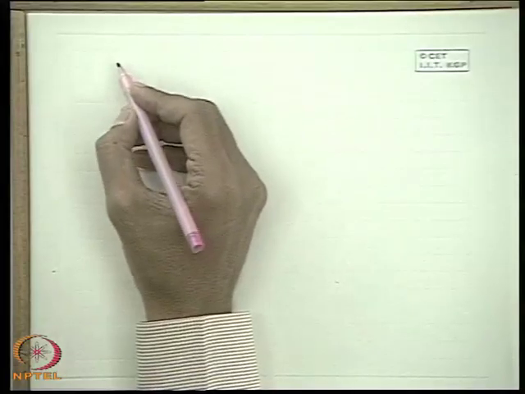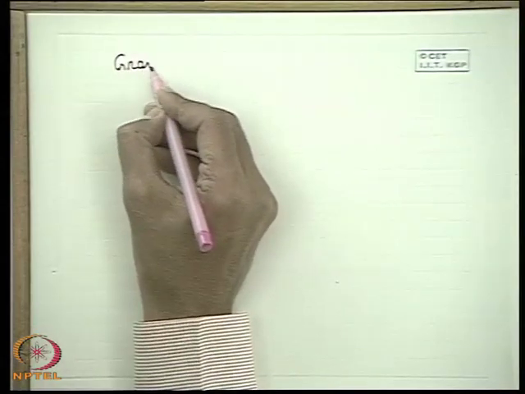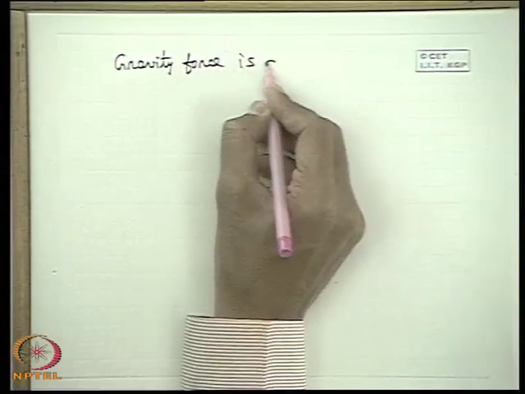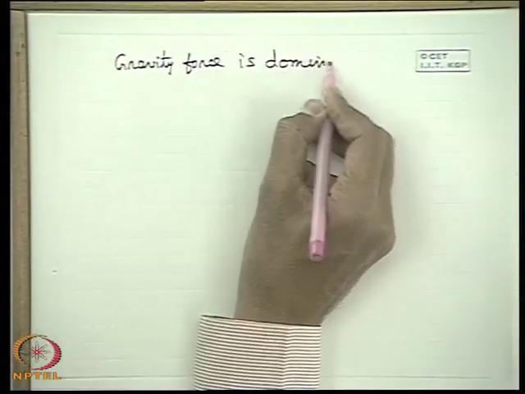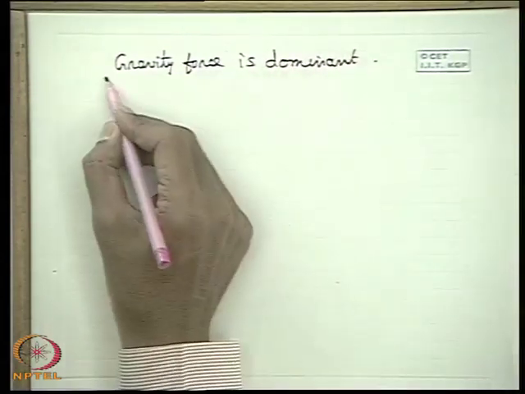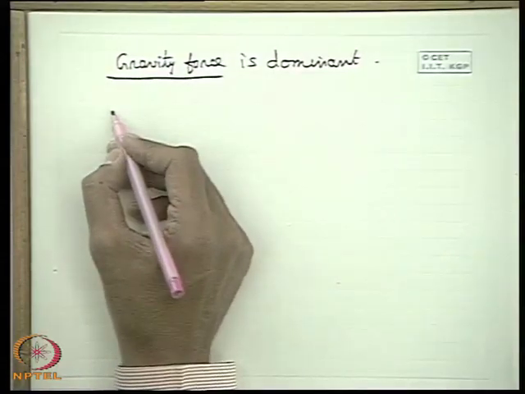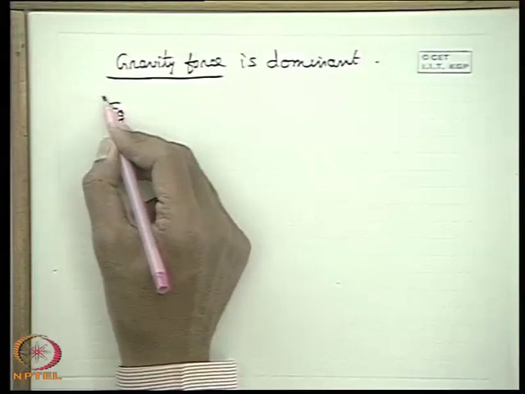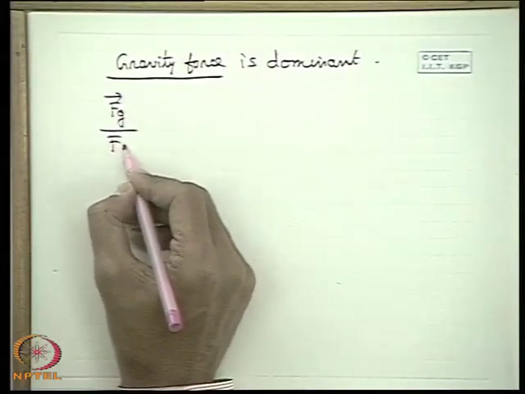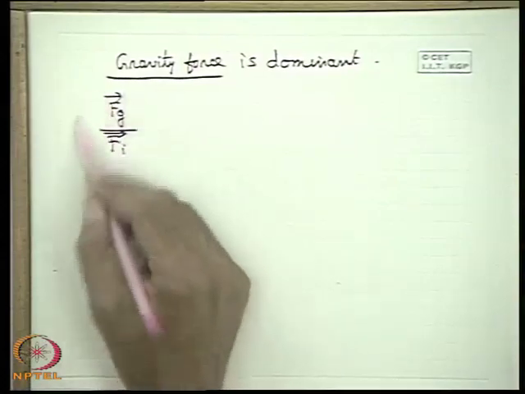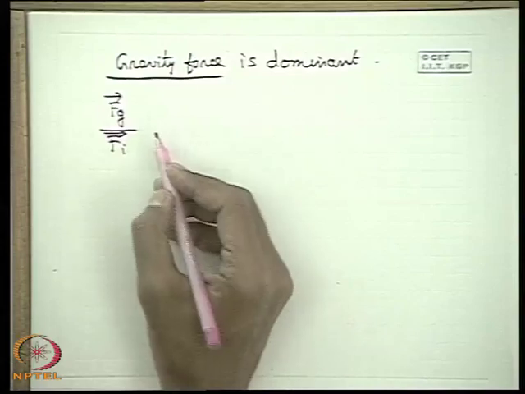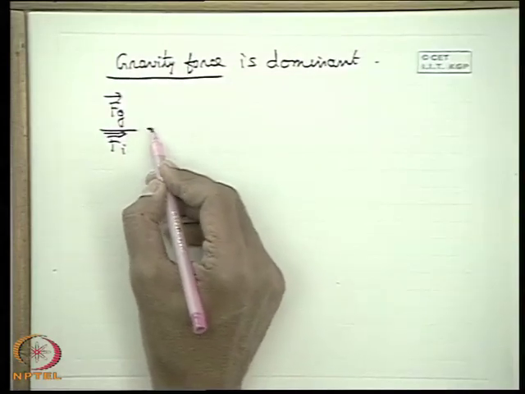So today we will see such things for flow where the gravity force is dominant, along with the other force, pressure force for example. When gravity force is dominant, then definitely the magnitude ratio of gravity force to inertia force represents a similarity criterion. For dynamic similarity, the ratio of gravity to inertia forces has to be the same for two problems. So how can you represent this?